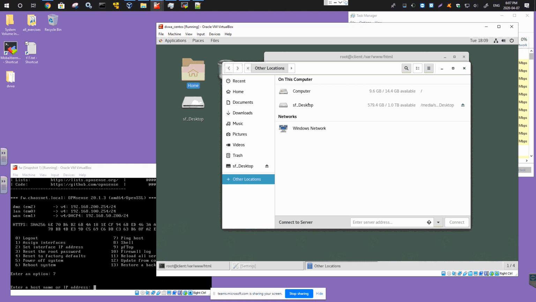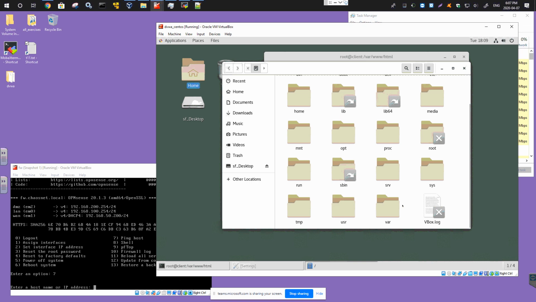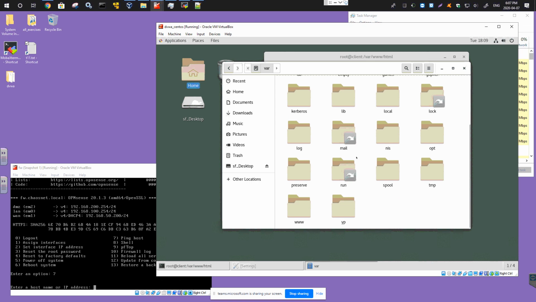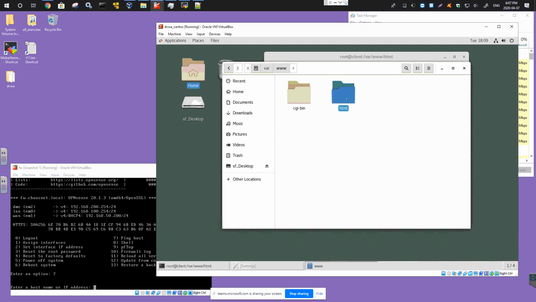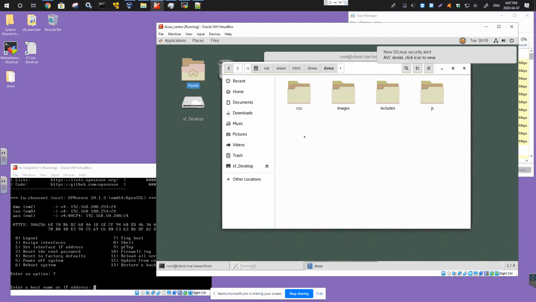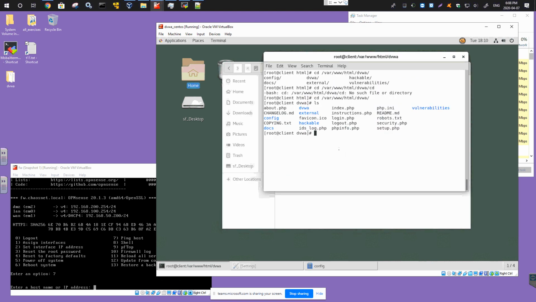other location, I'll open the computer, I'll navigate where it says var. Here it is, so you guys can see what's going on. I'll navigate to www, here's the HTML, and here's the dvwa. Well, it's created it again actually, here it is. So there is a dvwa here, so I'll go to config,